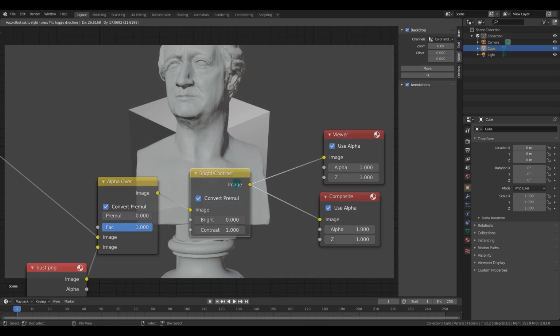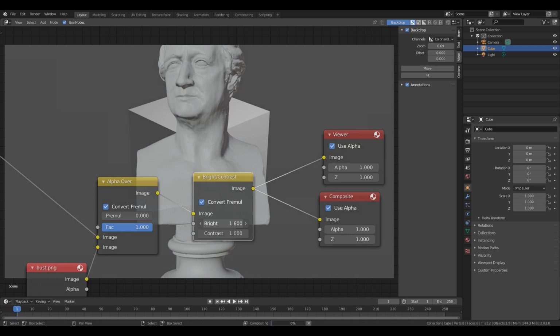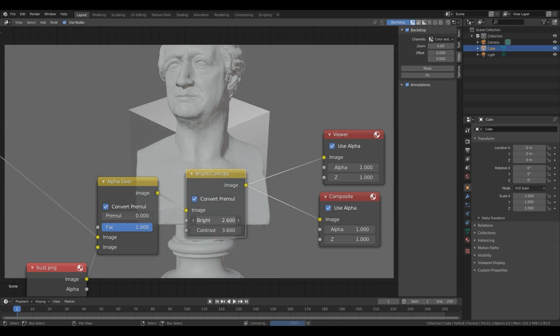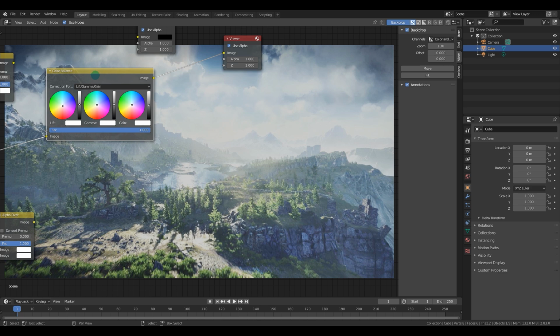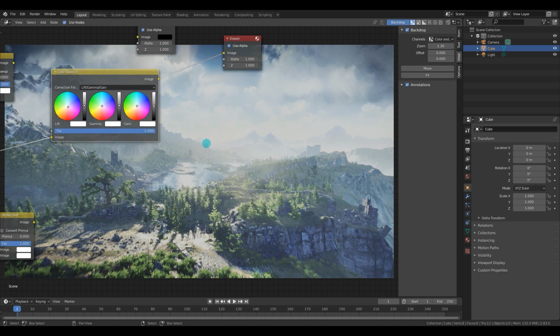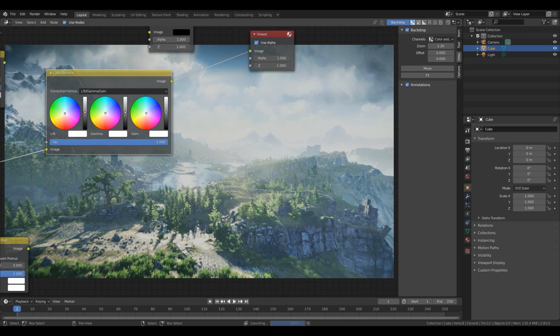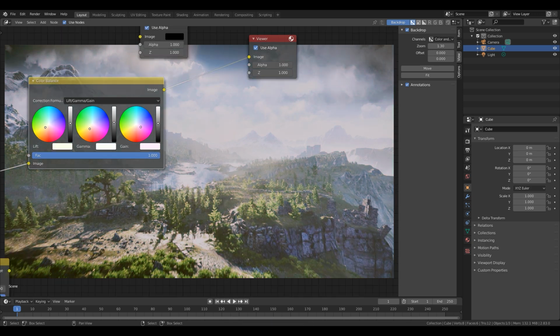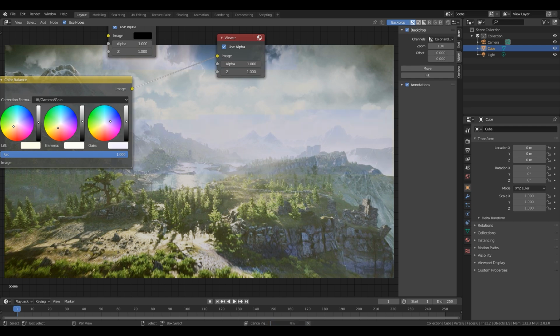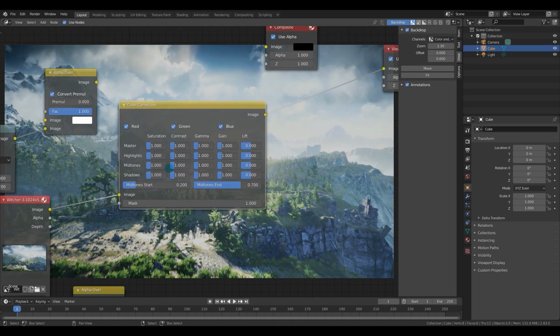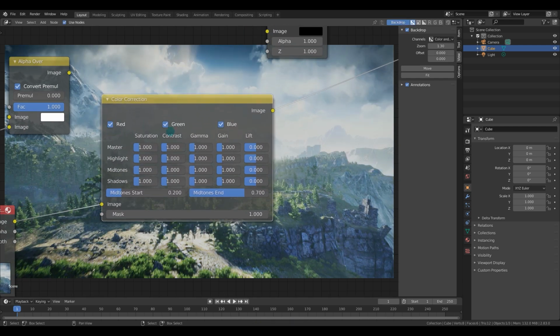The brightness/contrast node adjusts the brightness of its input in an additive fashion, while the contrast slider adjusts in a scaling fashion. But all you need to worry about is that it adjusts the brightness and contrast of its input. The color balance node is part of the color correction workflow. This node can adjust the colors and values of your images and layers. In general, you'll use the lift to adjust shadows, gamma to adjust midtones, and gain to adjust highlights. It's very useful for adjusting the mood or the feel of your scene, as just a slight color change can change everything.